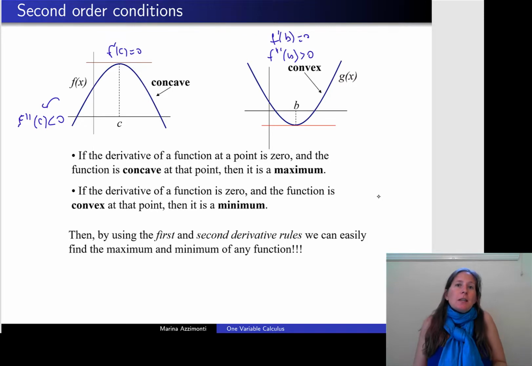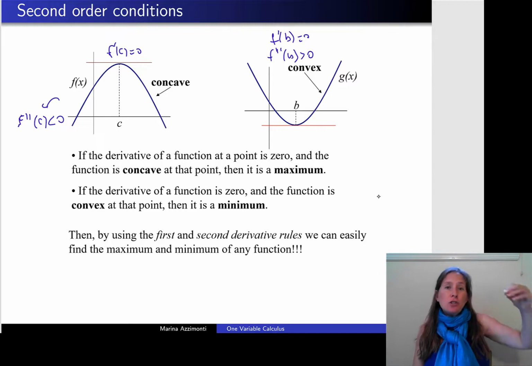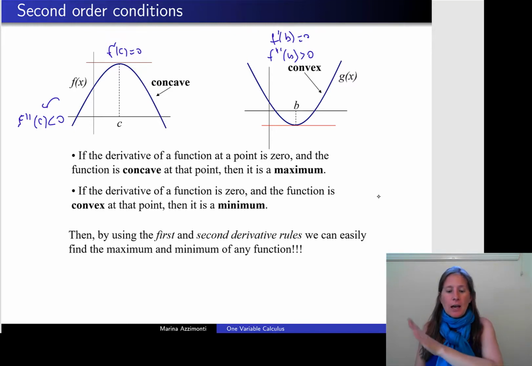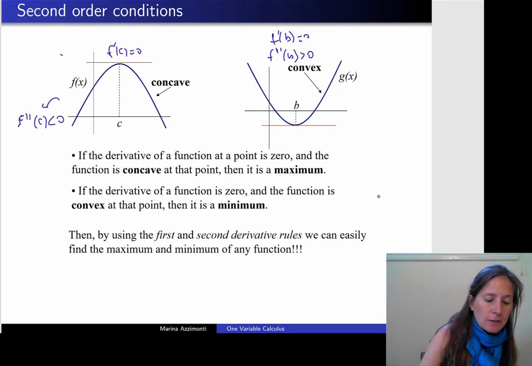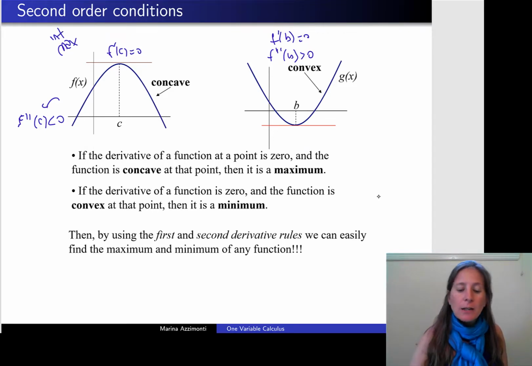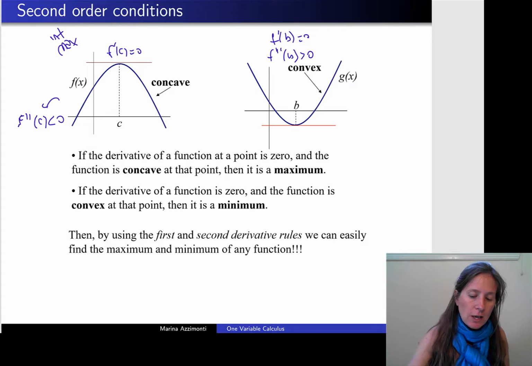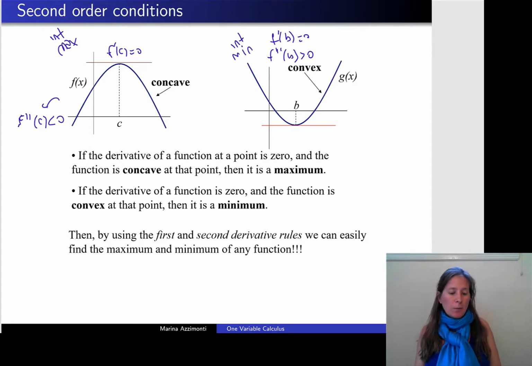Now, what does this mean? Then this must be a minimum, because we are at a point where the function is first declining, and then it's going to be increasing when we are talking about the convex function. So when we have a critical point of a concave function, then this is typically an interior maximum. When we have a critical point of a convex function, then this is typically an interior minimum, okay?